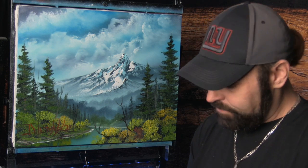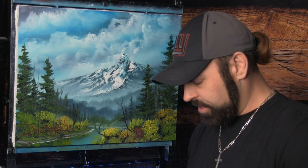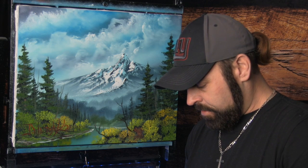Those mountains look incredible. Thank you so much for that. Obviously not a beginner painting like I need. Well, I'll be honest, this is a basic painting. It's just a basic painting for sure. What about a bravery test? You know what? Look,